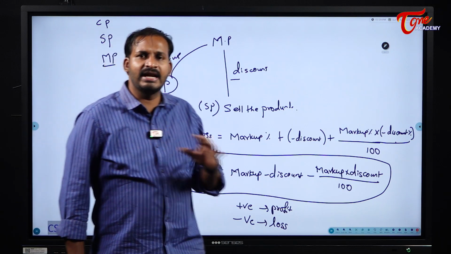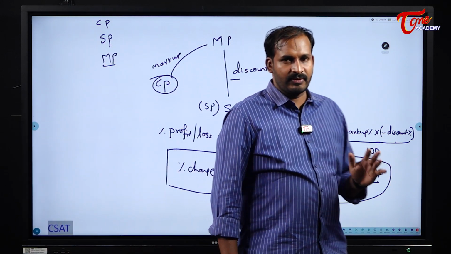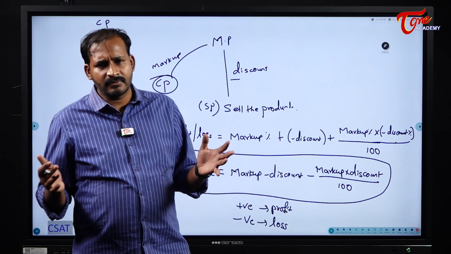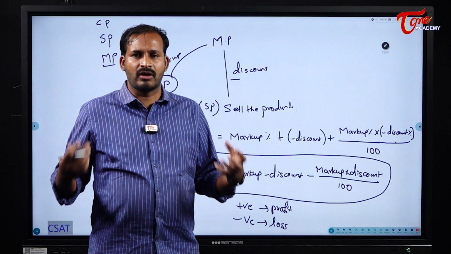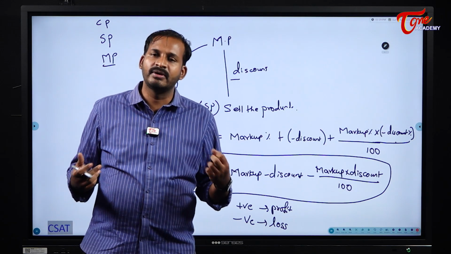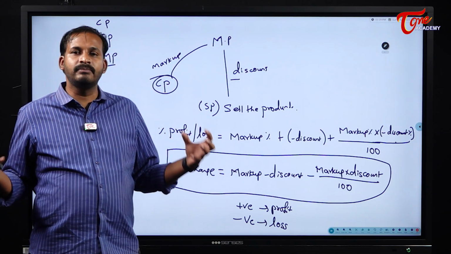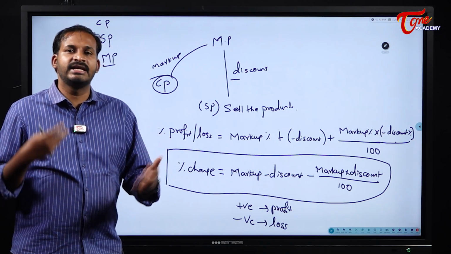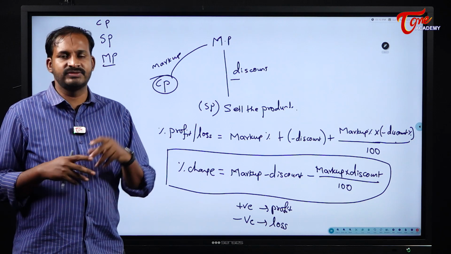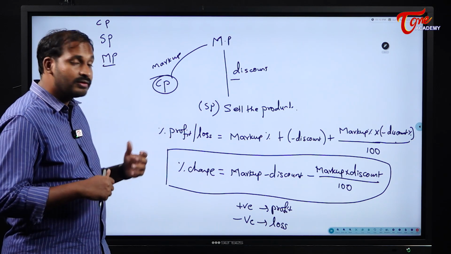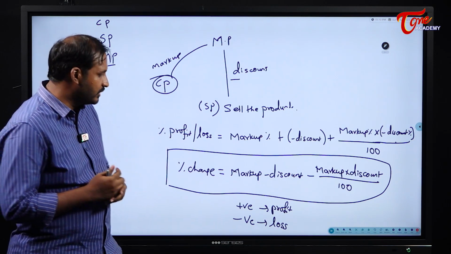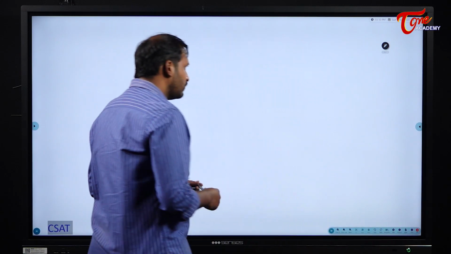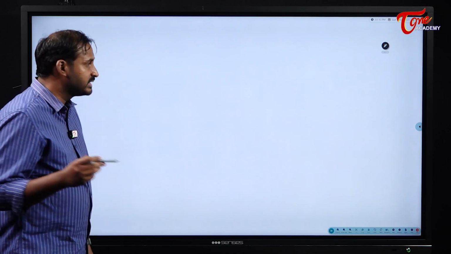Then you will have a clear idea about this percentage and profit and loss. Actually these two are two major sections. But here in CSAT we need to learn the concepts very quickly in less time. Because of that reason I am trying to club these two concepts, percentage and as well as profit and loss, and then give the result with which we are going to solve the problems. Okay, now next thing which we should know in this concept is